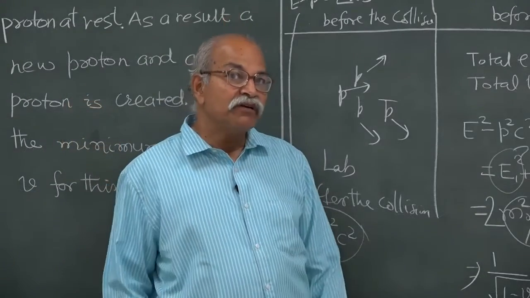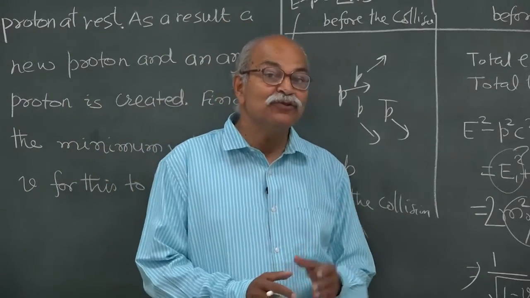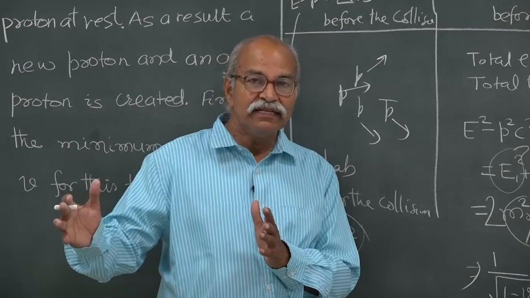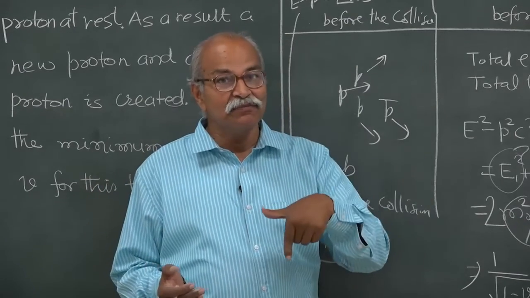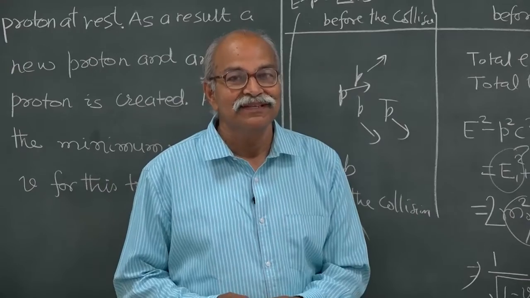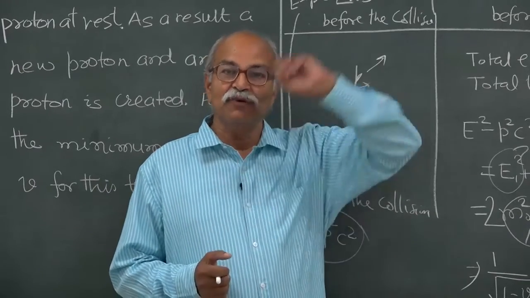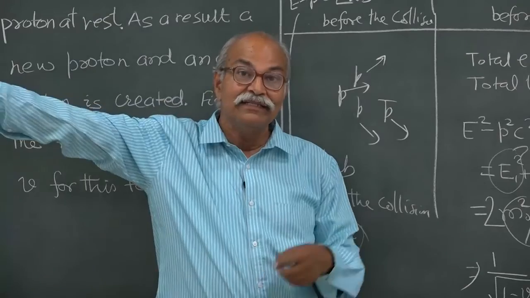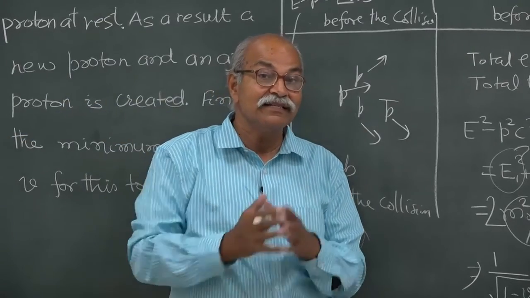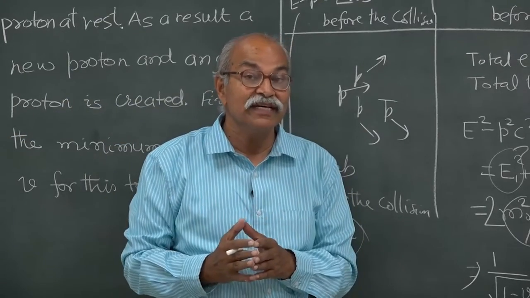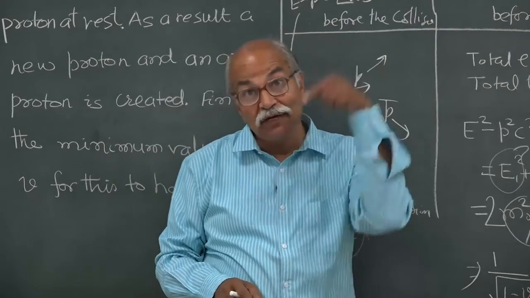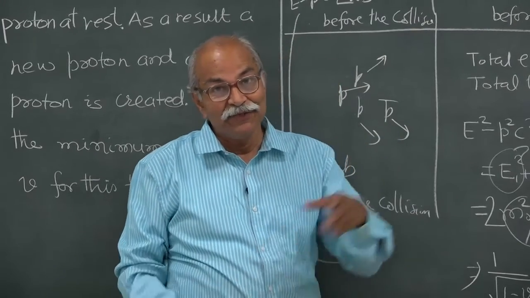So, this is a very powerful technique to solve such kind of problem, that Lorentz invariance and conservation, both you can utilize. So, before the collision you can work in one frame, after the collision you can work in some other frame, and still you can say that E square minus P square C square is the same, or all Lorentz invariants which are also conserved, you can use this kind of